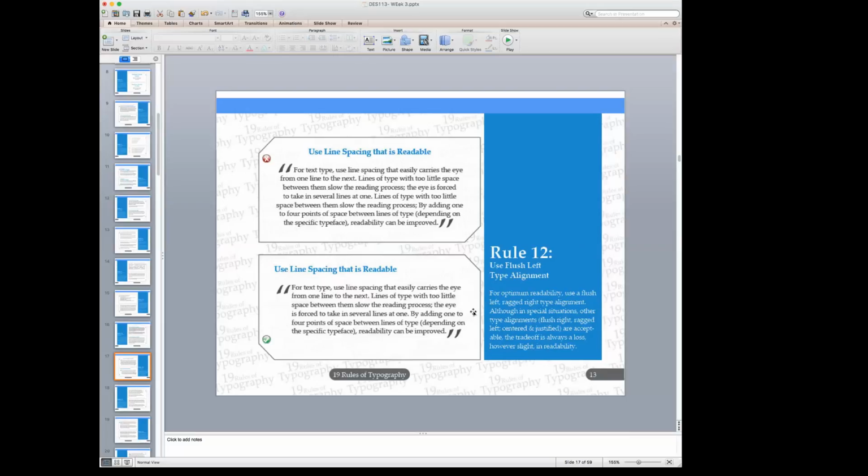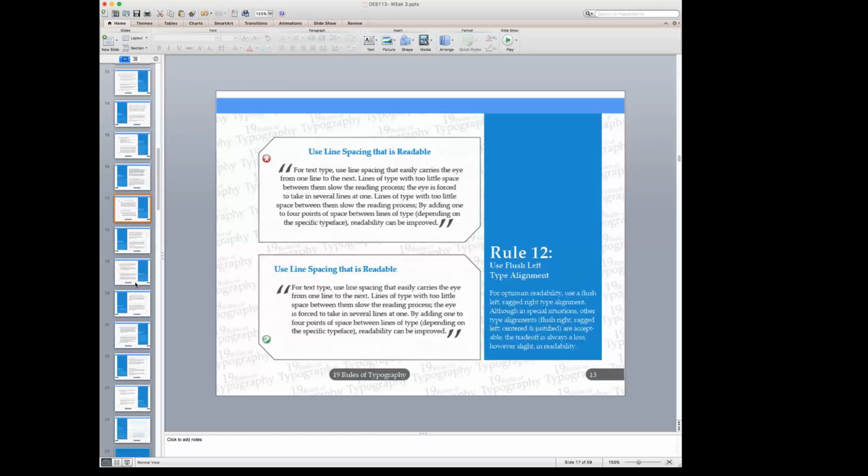So for assessment 3, you will be graded on the type of alignment that you choose. And this is the one that I hope you go with. As you can see in the example above, it makes it really hard to read, and maybe it's not very aesthetically pleasing. It looks kind of out of order, unorganized, a little chaotic. So we need more alignment. We need more organization so that the eye can read the quote a little easier.